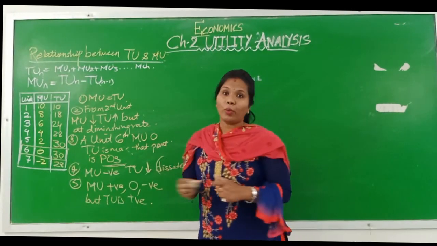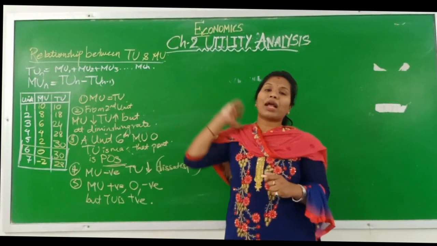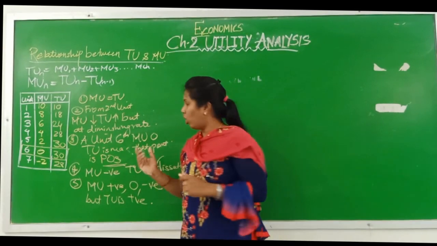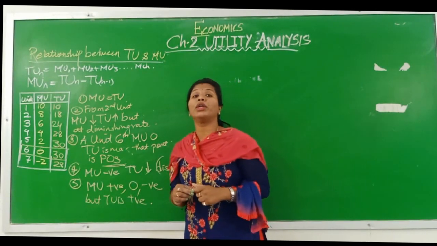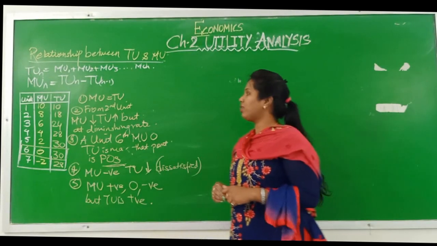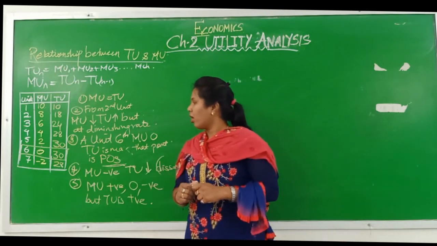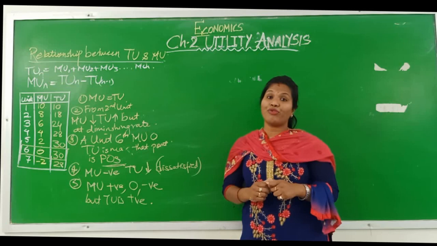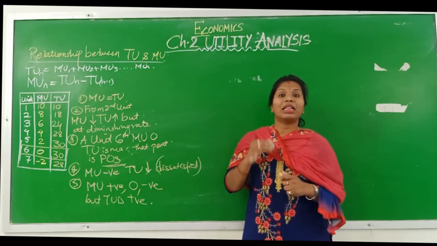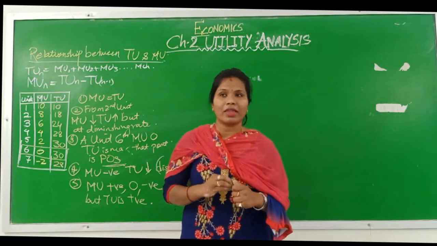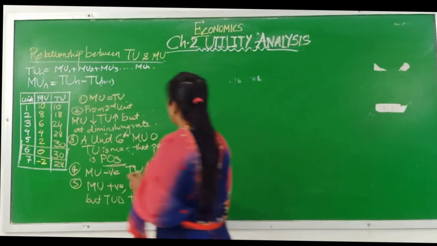There would be a point where MU becomes 0 and TU is maximum because the consumer is fully satisfied, and that point is said to be a point of satiety. And after that, if the consumer is forced to have more chapatis or whatever he is consuming, then MU will become negative, he will become dissatisfied. If we draw the same schedule on a graph, your curve would